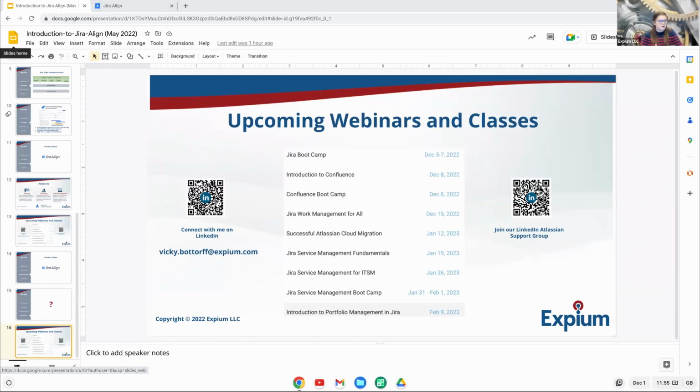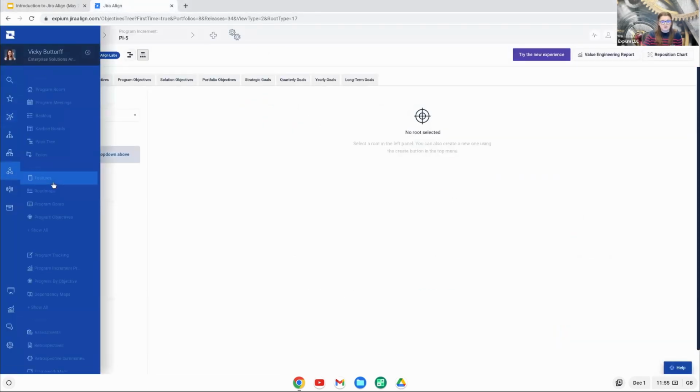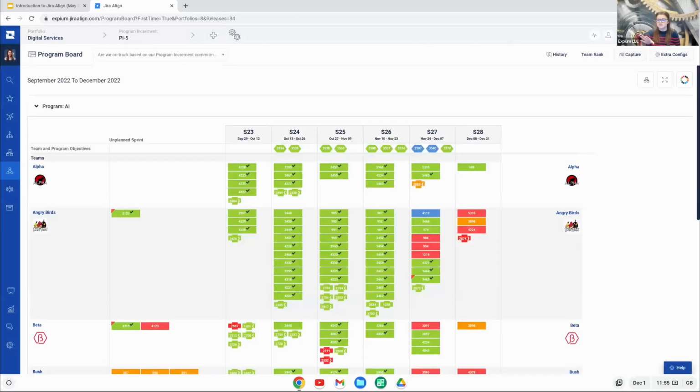All right, looking at the program board seems a bit overwhelming. Are teams able to actually plan with that? So we do see teams using the program board, but I will totally agree with you that at first it can be quite overwhelming. Just to reiterate a couple of those tips that we talked about earlier,